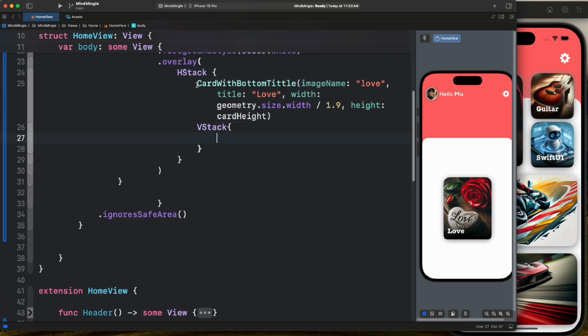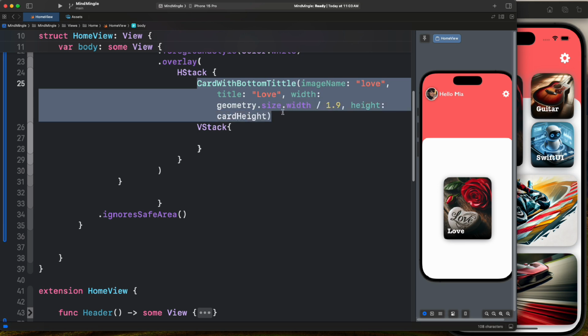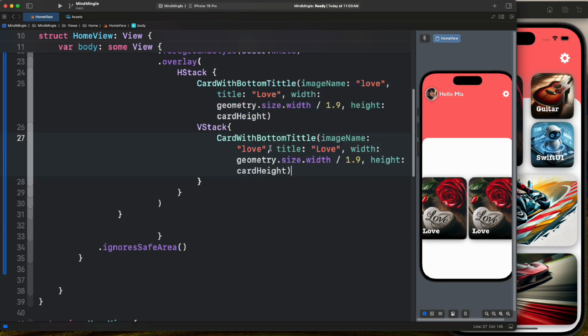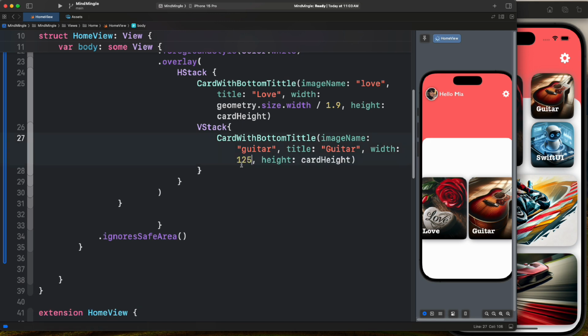And here, we can simply copy this and put it here. But here, we don't want this on love. What we want is on guitar. The same goes for this title. And now for the width, we want to specify a specific width. So here it's going to be 125. And for our height it will be the same thing, but here we want to get this and divide this